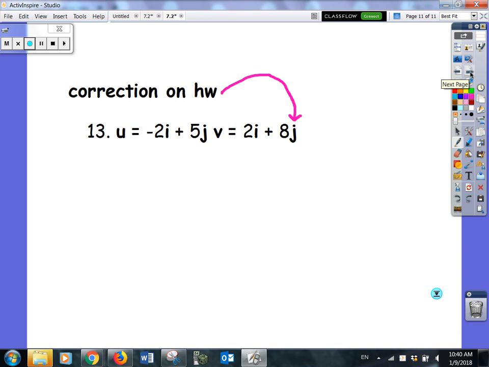All right, and that's it. So this is just a correction that you need to make